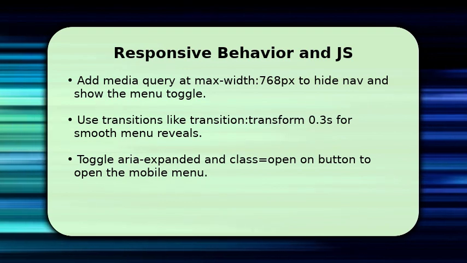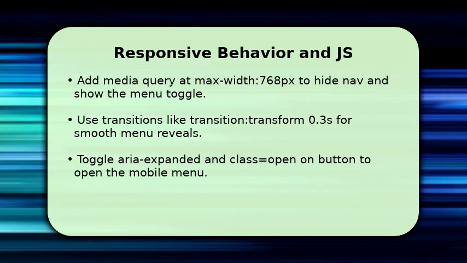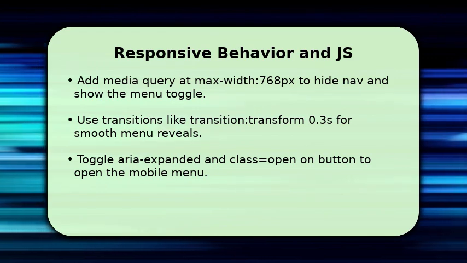Add transition: transform 0.3s and opacity 0.2s to .site-nav for smooth reveals. Use a small JavaScript listener to toggle class equals open and aria-expanded between true and false on the button. Ensure touch targets are at least 44px for